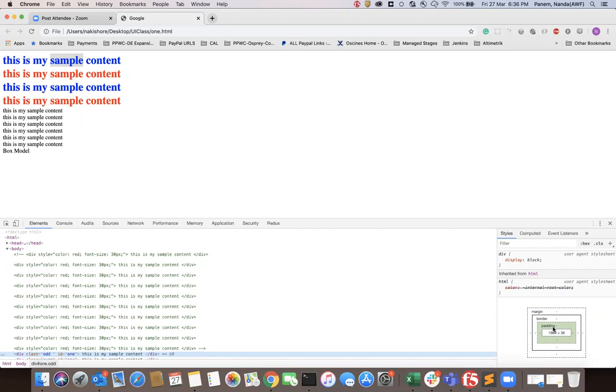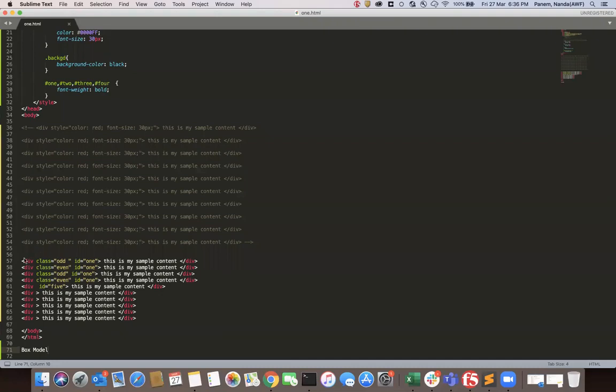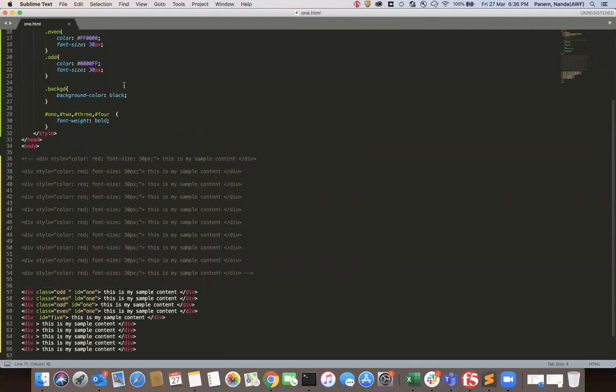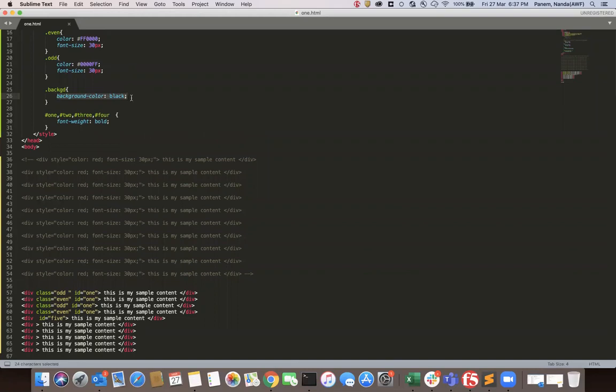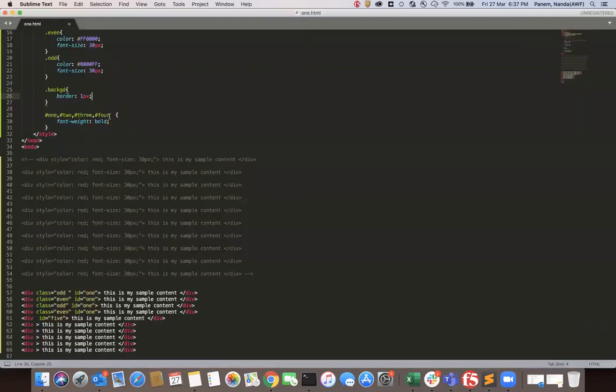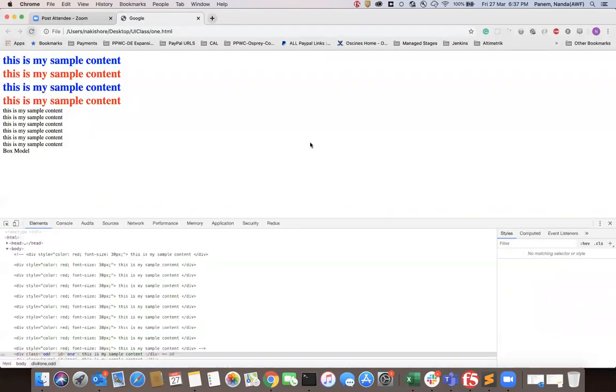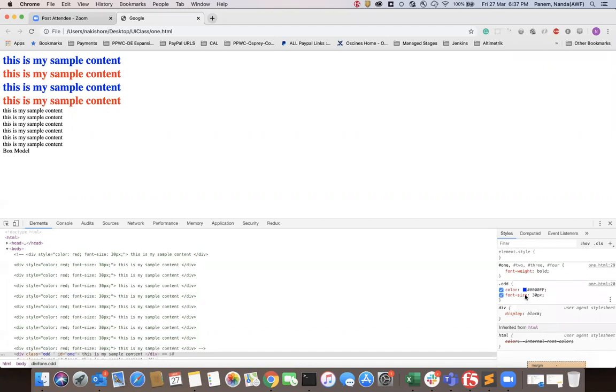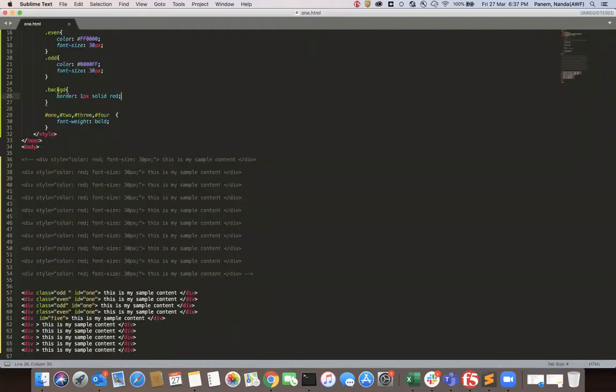Suppose you want to provide a border for this, I am going to provide border as 1 pixel solid.